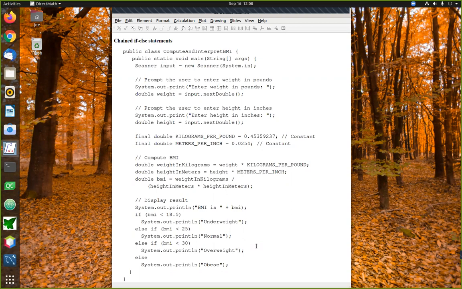obese. Right? So that's an example where we have a single value that can be categorized into one of 4 possible categories. And the way we set this up is by asking a series of questions that drop you into one of these categories. And then by asking enough questions, we can eventually determine which of the 4 categories you actually fall into. Right, so that's a somewhat more sophisticated example of a chained if-else that allows you to ask a whole series of questions, and by so doing, takes a single value and drops it into one of 4 possible categories. All right, that's something fairly sophisticated you can do with if-else statements.